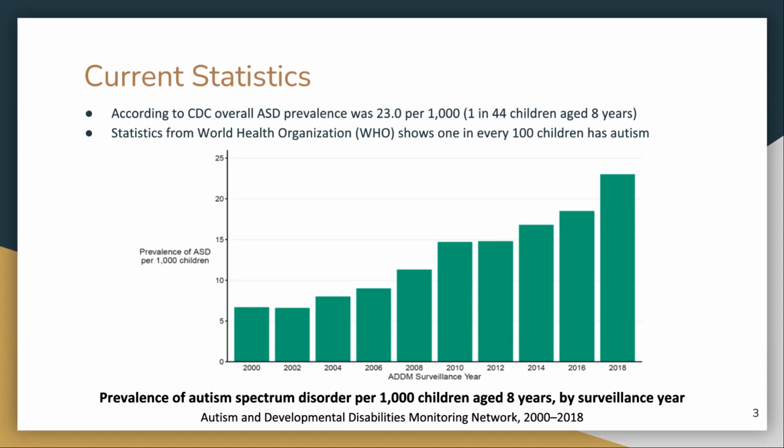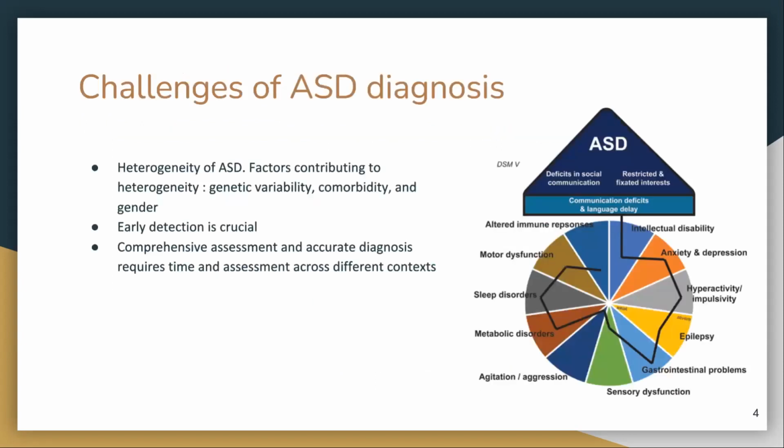According to the World Health Organization, one in every 100 children has autism. It's a fact that autism spectrum disorder is becoming more widespread across the United States. There is no consensus on why the prevalence of the condition is continuing to rise. Theories range from more awareness to better diagnosis to genetic mutations, even to environmental factors. The first and foremost challenge doctors and clinicians face is the heterogeneous nature of autism.